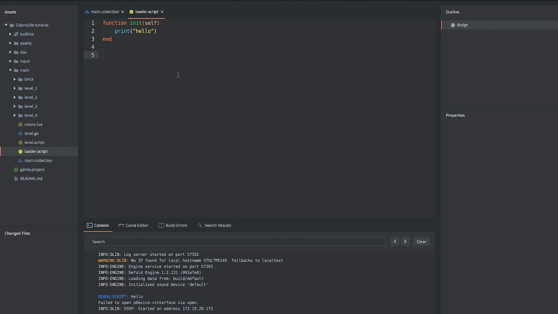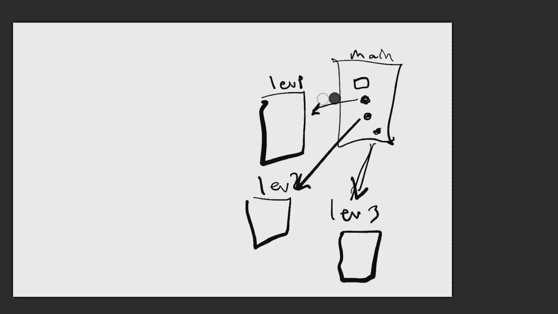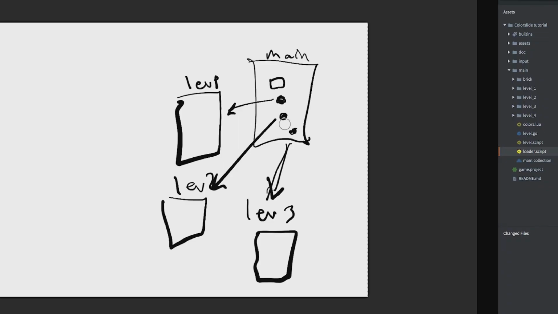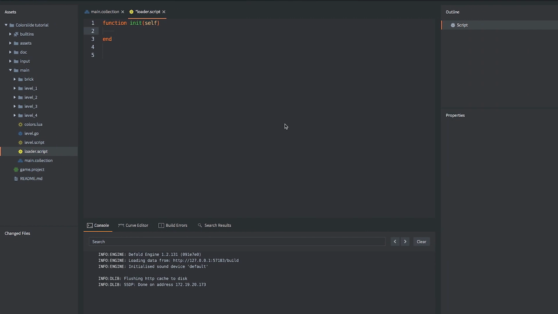Basically, what you've done, you took the scene, the collection that loads when the game loads. You put there a component and a script. The proxy component does nothing for a moment. Yes. And the script prints whatever it prints. Yeah, it printed hello. I just removed it. But what we're doing is setting up all these static relations between the main collection and the ones that we want to use. Right. So how do we load a